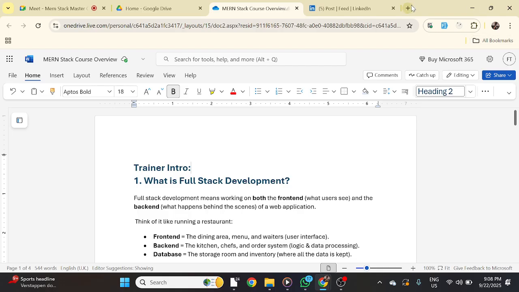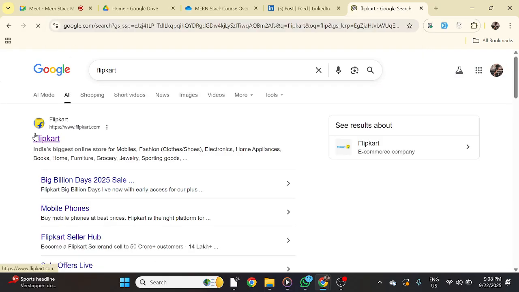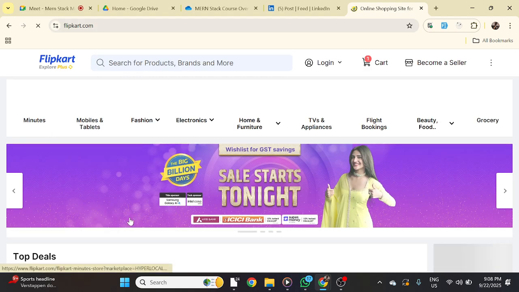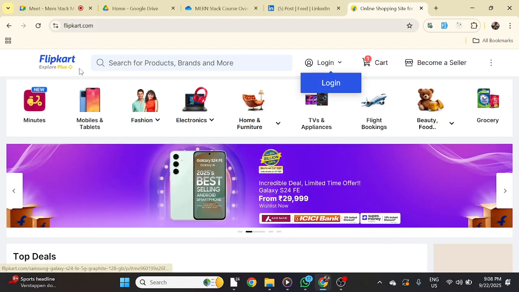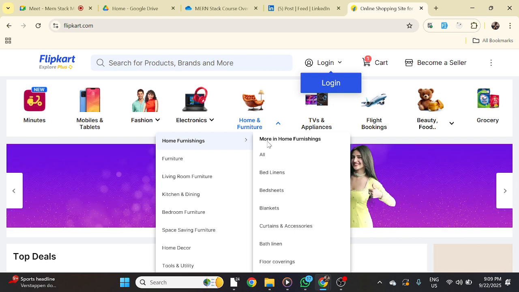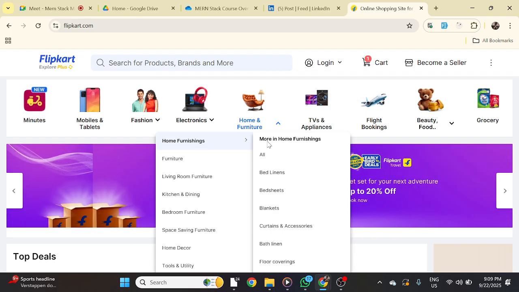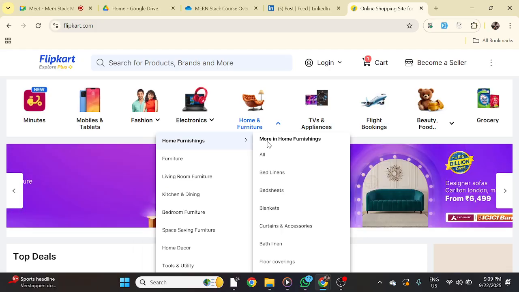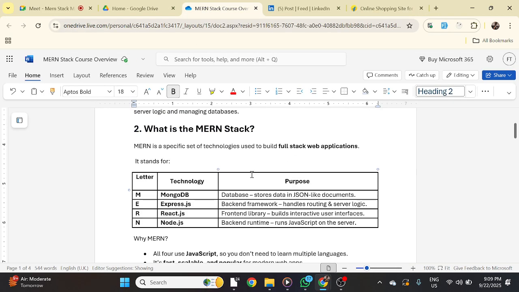Website like, I'm showing you a website example like Flipkart. You can consider Flipkart as one kind of web application, right? So using full stack development, we are creating a full-fledged complete website. We are creating a complete front end and back end of this website. We use full stack development to create a web application. A web application is nothing but Flipkart, Amazon, Instagram also you can assume. All these things are your websites. So we use these technologies, especially we are learning MERN Stack development, to create a full stack